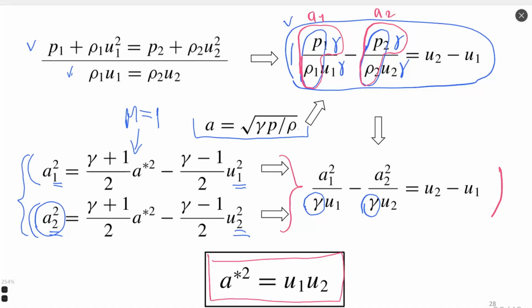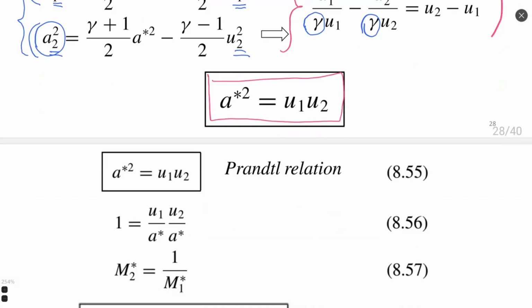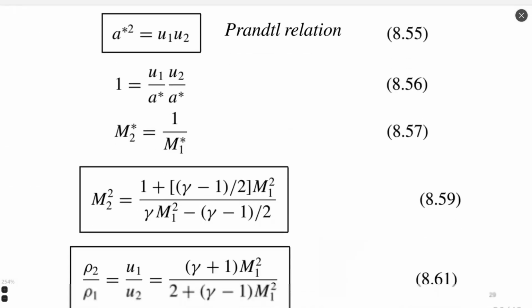This equation basically says to us that the characteristic speed of sound squared inside our system is equal to the product of velocity before and after the shock wave. Or vice versa,